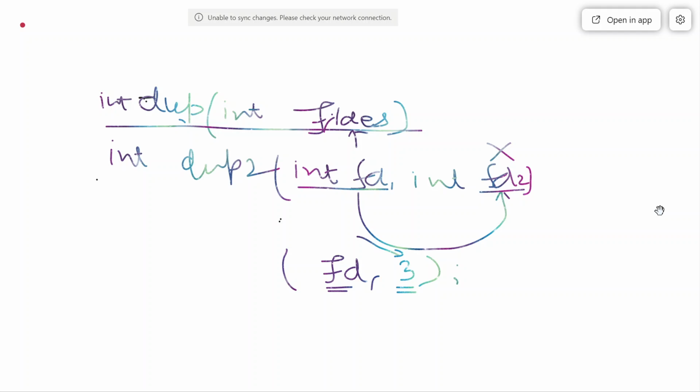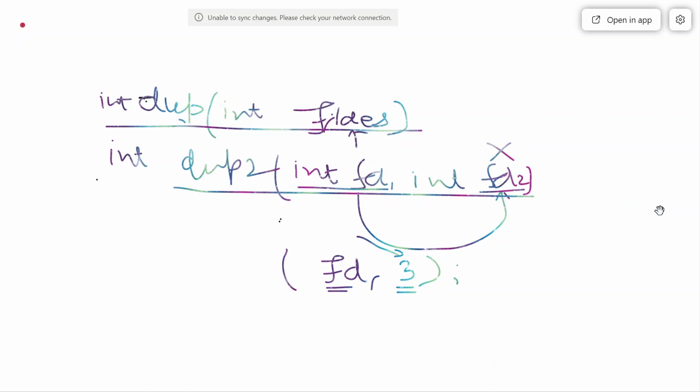And the second difference is that this is atomic. Atomic means no other process is permitted to take the CPU control until dup2 has completed its work. That means it has closed FD2 and then created a new copy.